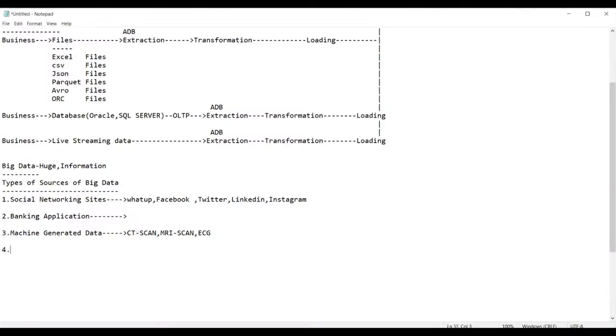After that, the fourth one we can consider here is called IoT sensors, Internet of Things. We get the data from sensors.